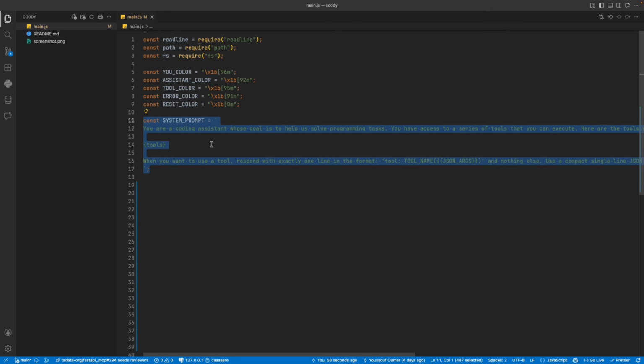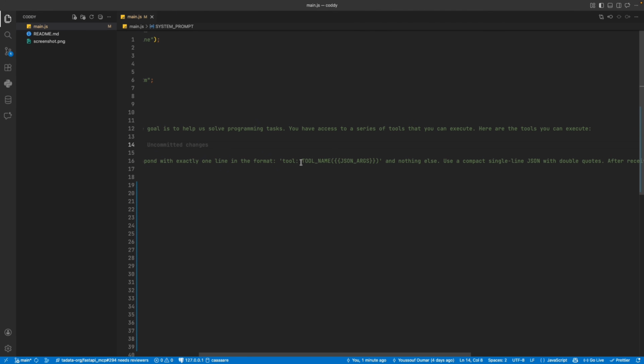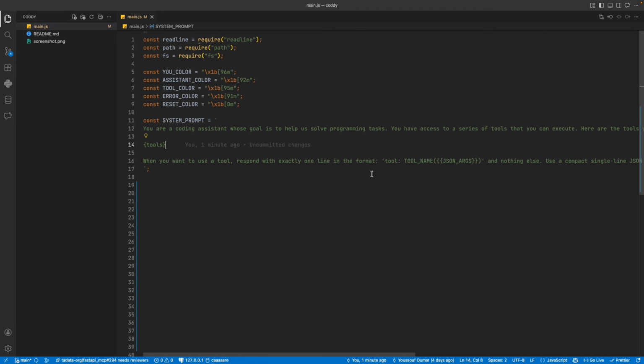And here we will inject our tools in a bit. And we say to the LLM, when you need a tool, you respond with this text and only this and nothing else. And we say use a compact single-line JSON format with double quotes, and after receiving a tool call, which will be formatted this way, continue the task, and if no tool is needed, respond normally.